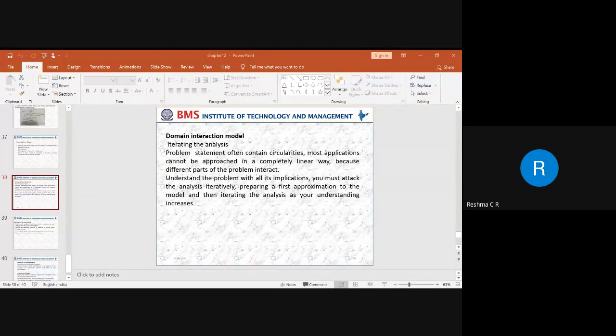So how do we model? How can we model the domain with respect to the interaction model? When we say an interaction model, it is dependent on a domain analysis. When we are using the analysis, what are the different concepts that we have extracted, or different sources of information that we have collected?